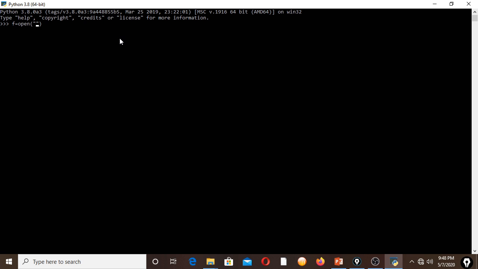I am going to write here a variable name, let's suppose ram.txt. Then here I am going to write w+, we can write and read also. So this way we have created a file, and we can check what the mode is. So I'm going to write here f.mode. Just check it out: w+.